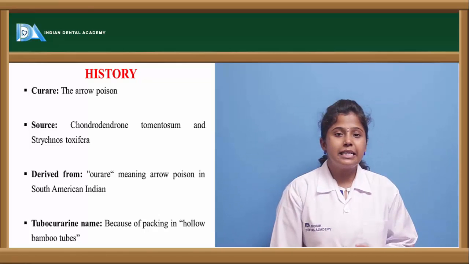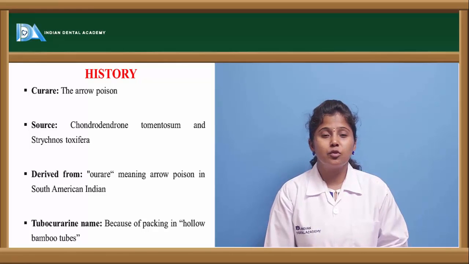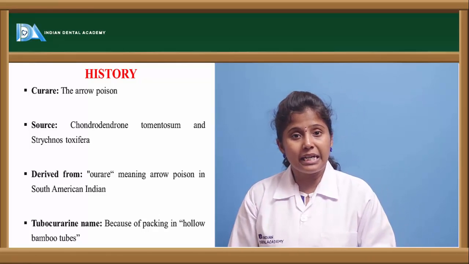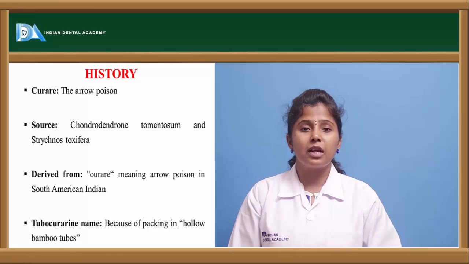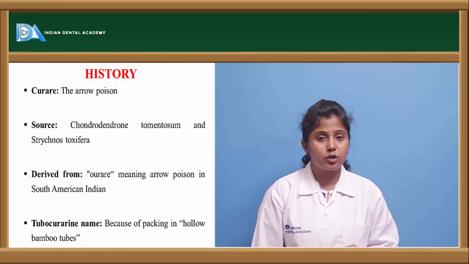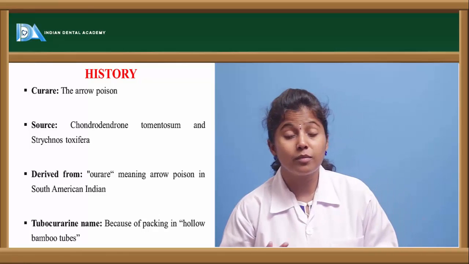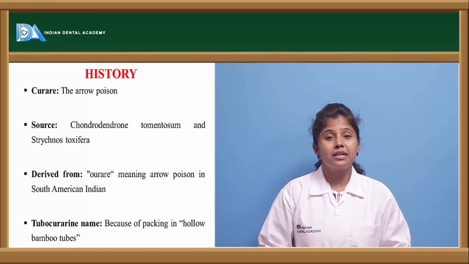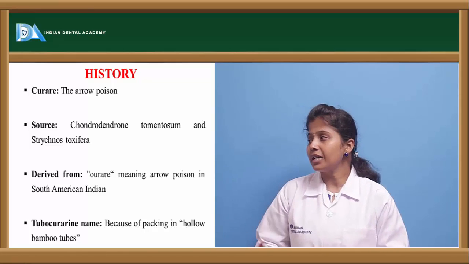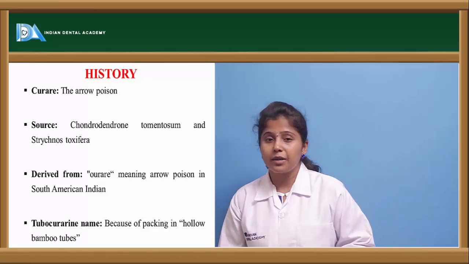Among the non-depolarizing agents, we have drugs like D-tubocurarine, pancuronium, vecuronium. These are long-acting drugs. These long-acting non-depolarizing neuromuscular blocking agents are used as skeletal muscle relaxants, whereas short-acting and ultra-short-acting are not that preferred. Tubocurarine, pancuronium, vecuronium are all compounds which are prepared from a poison called curare. Curare is an arrow poison which is extracted from the plants of